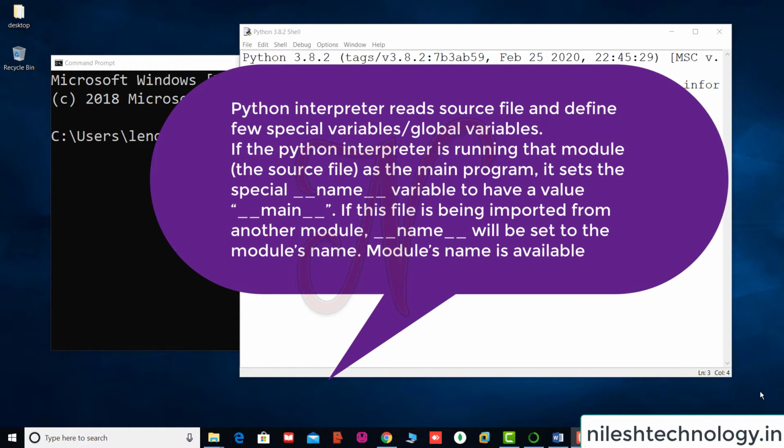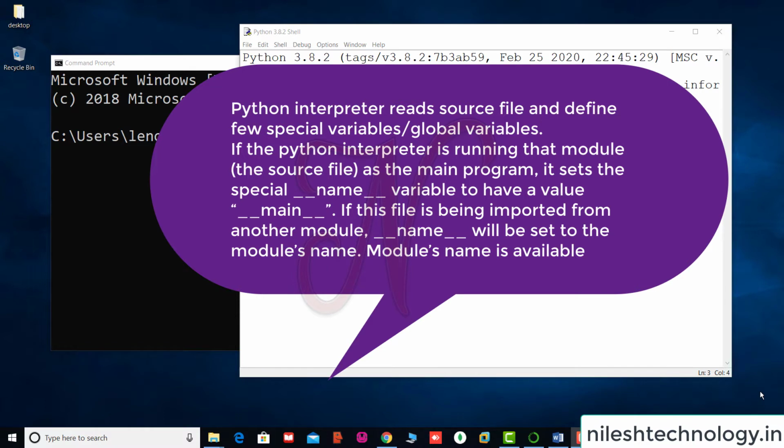If the Python interpreter is running the module as the main program, it sets the special variable __name__ to have the value __main__. If this file is being imported from another module, then __name__ will be set to the module's name.